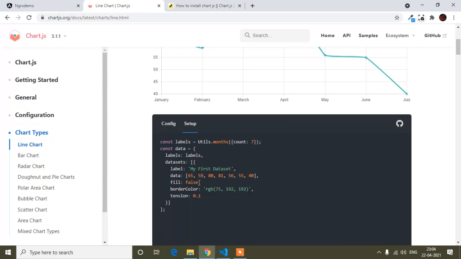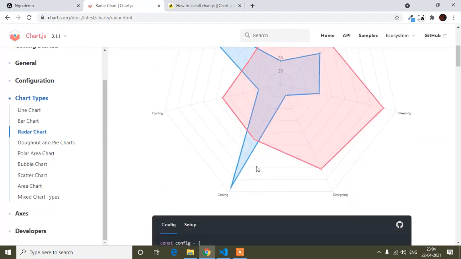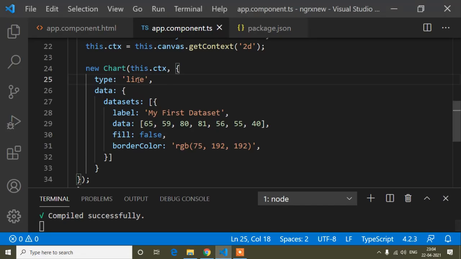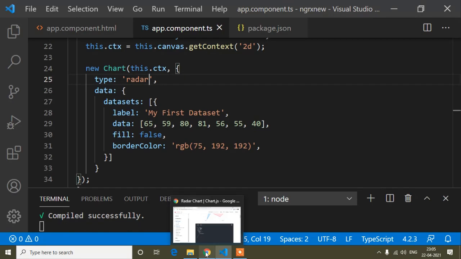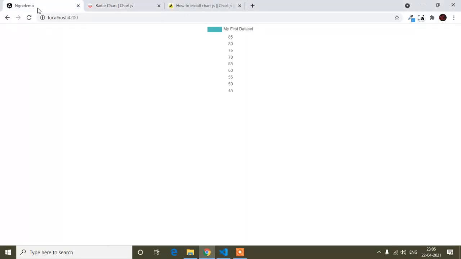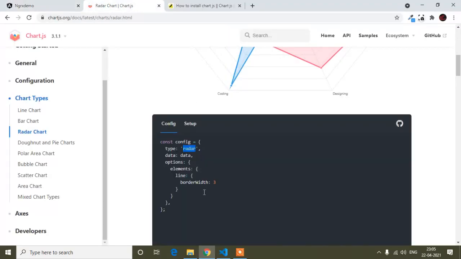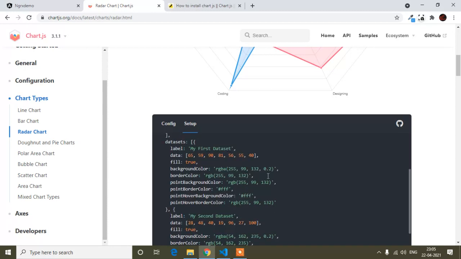Hope guys you have understood how to implement. Once you implement this chart, you can use anything, modify it, change your chart type, and add some other different kinds of properties and use this chart this way. So you can change your chart and everything. Hope guys this video is helpful to you.